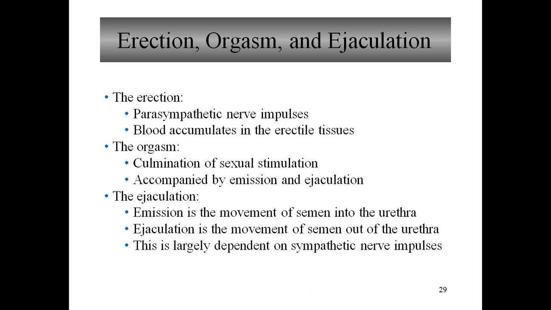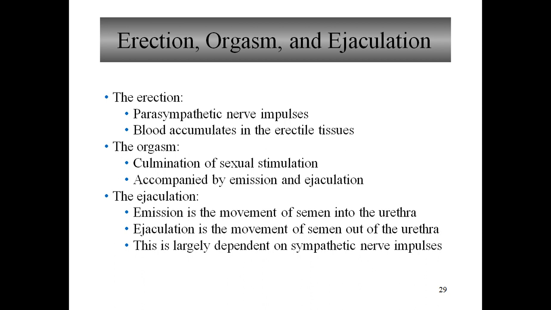So there is peristaltic activity which takes place in the walls of the testicular ducts, epididymis, vas deferentia and ejaculatory duct. So this contraction moves from one part to the other up to the ejaculation. It is because of the sympathetic nerve stimulation. If you see the erection, it is because of the parasympathetic nerve stimulation, and the emission process is because of sympathetic nerve stimulation. Ejaculation is the forcing of semen through the urethra to the outside.